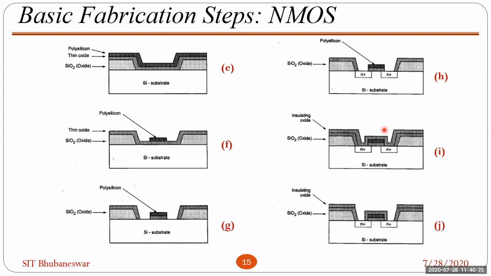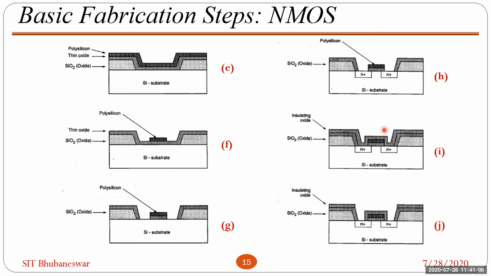You are saying the polysilicon will not directly contact the metal in figure I. What's your question? Sir, in figure I, the insulating layer is covering the total part. Then we are etching it, so it is only leaving both diffusion layers open for contacts. But when we are doping the diffusion layers with N plus ions, the polysilicon is also getting doped. Before, it had higher resistivity, but after that its resistivity is reduced.